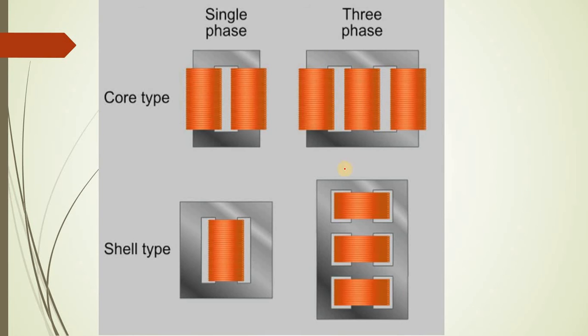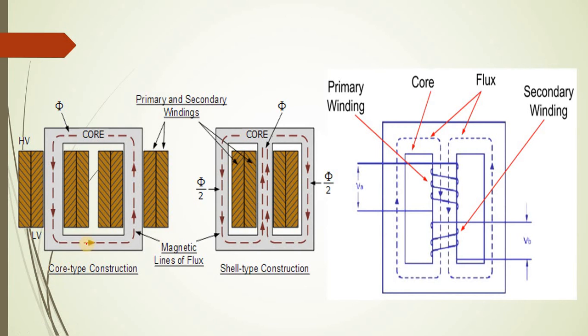Okay, and then in the case of the shell type transformer, the winding is placed on the central limb. In the case of a three phase core type transformer, the winding is placed on all the limbs over here. Okay, and that will be a primary winding and a secondary winding. In the case of the three phase shell type transformer, three different windings are there. Okay, and that is primary, secondary and primary, secondary on each limb. So that type of construction is used.